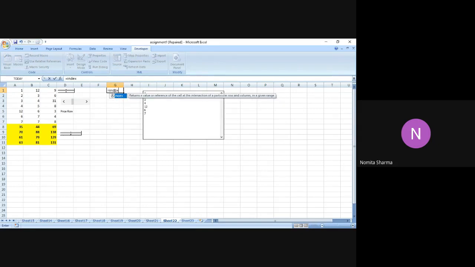So if I write the function like index, I say the same list range, comma, then I say any place where I want to highlight that particular number. Let me write randomly G2, right? So when I write okay, doesn't really matter. So if I mention this over here, no, I'm going to write G1 over here. Okay, now it is okay.